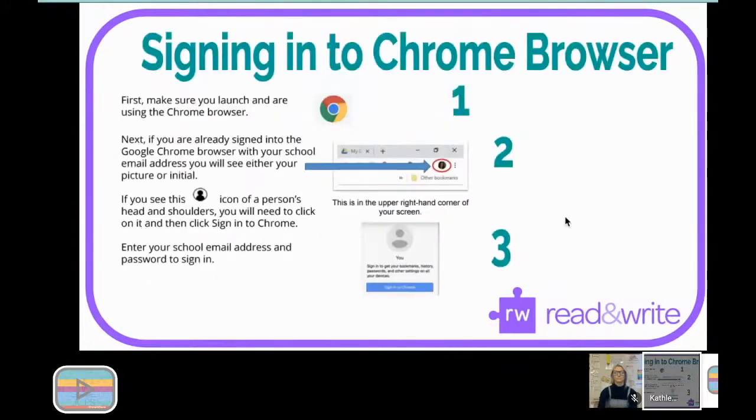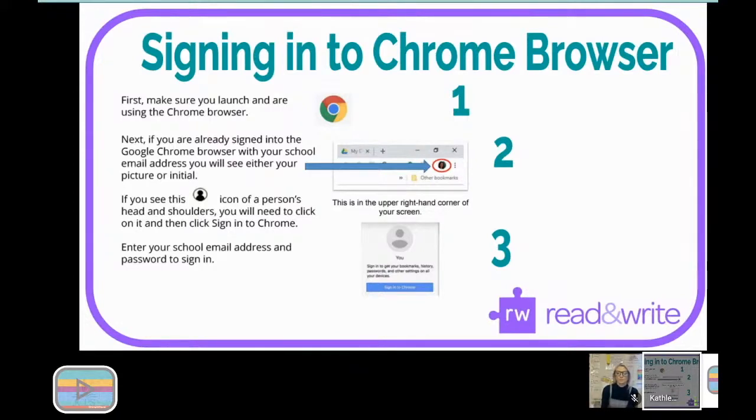So the first thing that I want to make sure that you understand is kind of the boring stuff, but it's important, and Cara will let you know this, that you have to model this for your students. So once your students sign into the Chromebook, they're going to have to give some permissions in order for Read and Write to work. So the first thing is you have to make sure you are using the Chrome browser. If you're using a Chromebook, perfect, you don't have to worry about that. But if you're on a PC or a Mac, and you want to use the Google extension, you must use